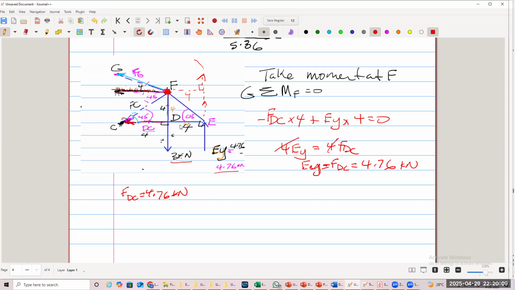Or we go horizontal. Let's check it. All right, so we're going to go for the vertical forces and see if we can find it. So we're going to sum Fy equal to 0